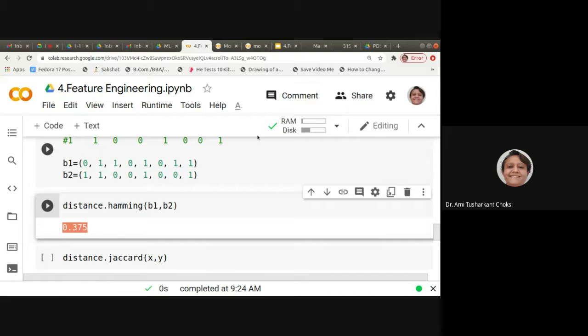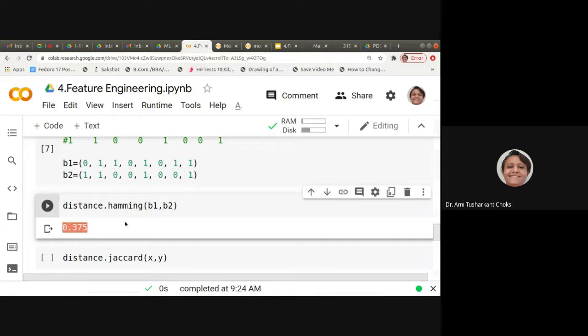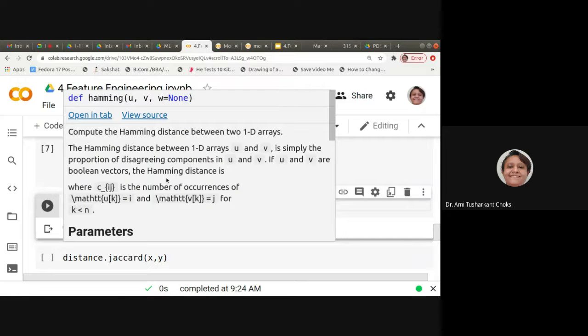Is it the same as what we were getting over there? No, there it was 1 plus 1 plus 1, that is 3. So what's the problem? Is it something different? Let us see the help of it. We can have the idea. Yeah, what it says: compute the Hamming distance between two one-dimensional arrays.